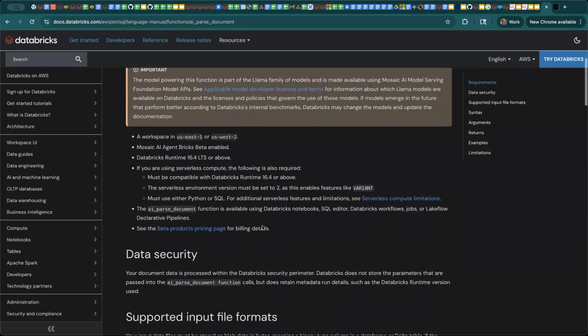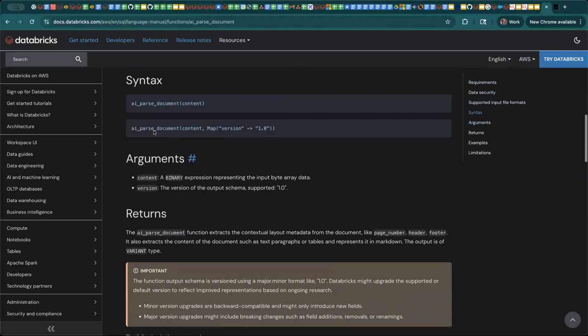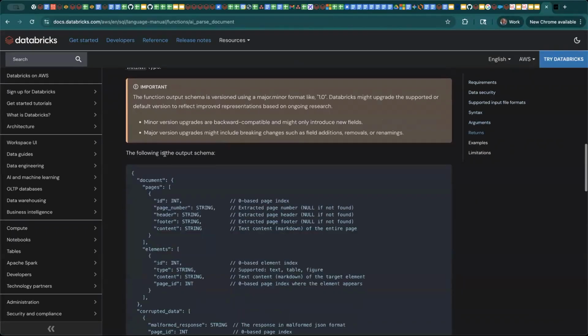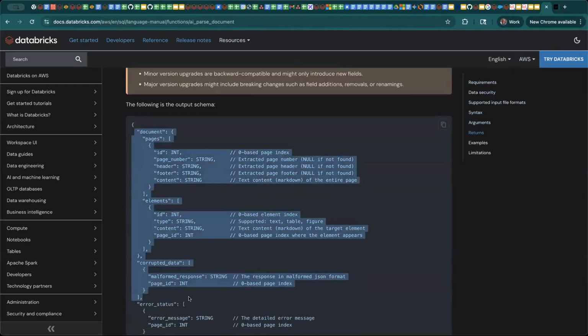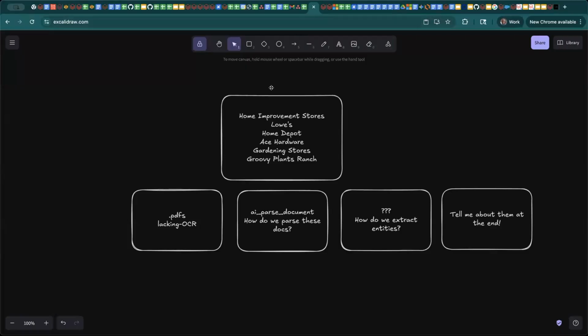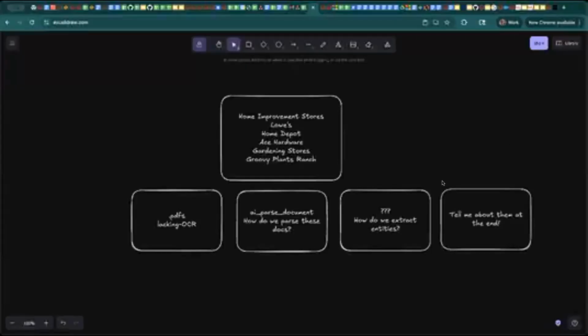AI parse document takes any arbitrary PDF and gives us a bunch of content with the output results from that doc. Okay? So first, I need to go and load in a bunch of assets that we can then read